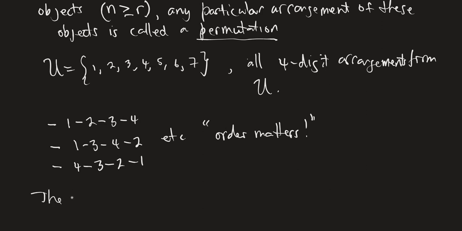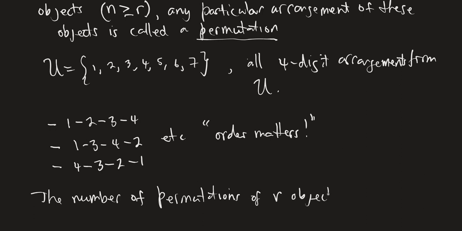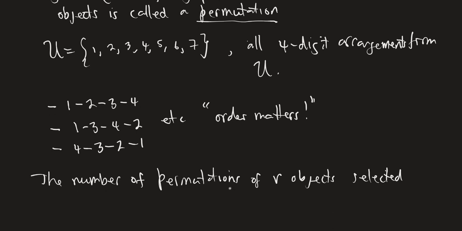The number of permutations of r objects selected from a set of n distinct objects is